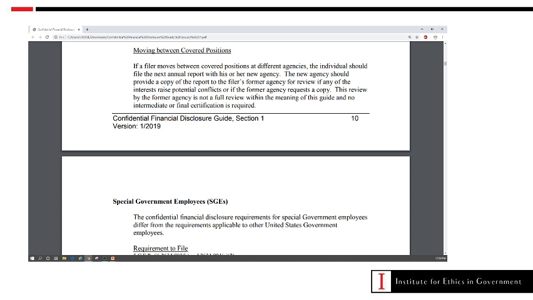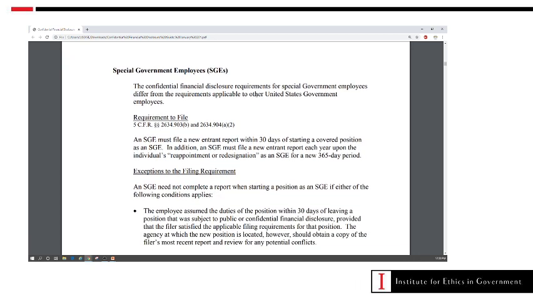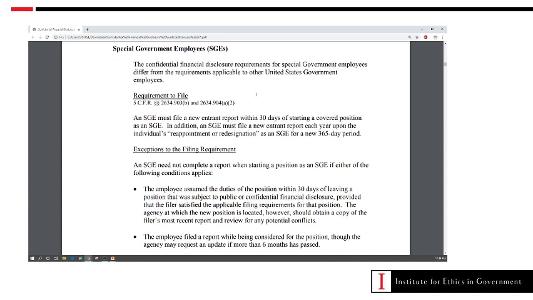All of that is discussed here in the guide. I just want to highlight that and alert you to it. So if you have people who move from one agency to the other, this will give you some guidance on how to handle their filing requirements. Now, the next page, on page 11, we give considerable time and attention to this, and I would just encourage